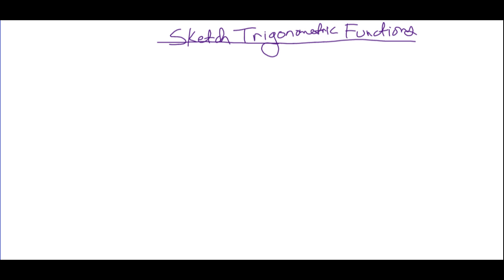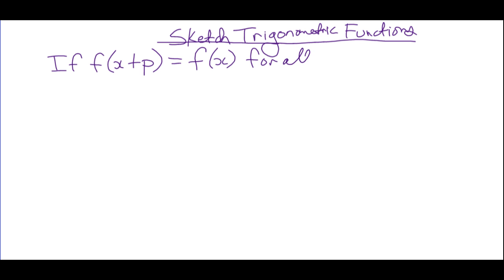We also have what's called translational symmetry, right? Because we know that trig functions have periods, and therefore there could be a repetition in the graph. So let's just start with that. If f of x plus p is equal to f of x for all x in the domain, where p is a positive constant,